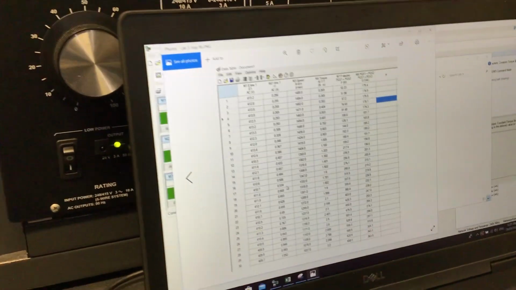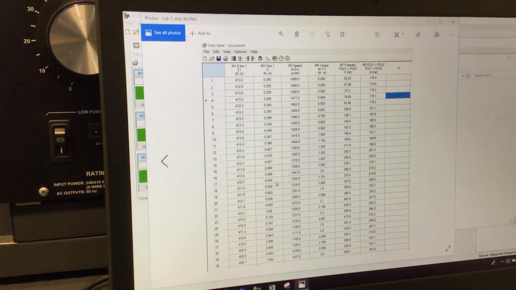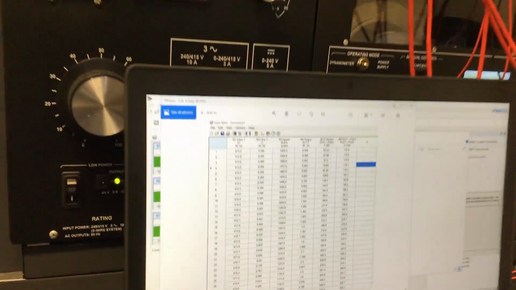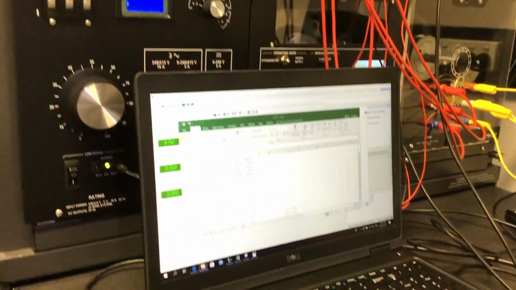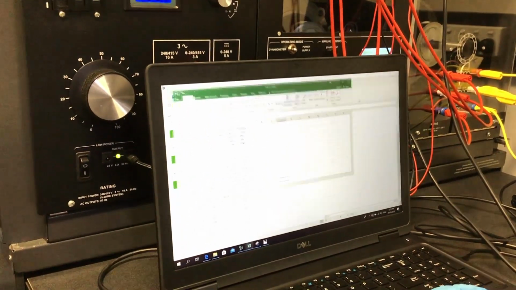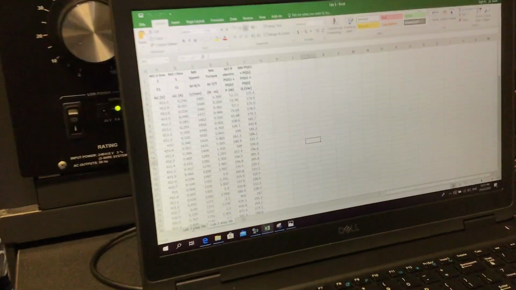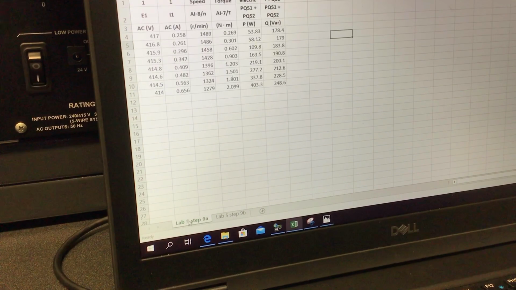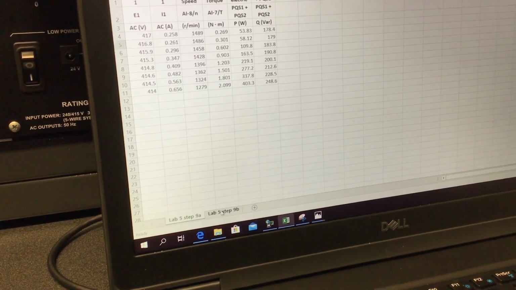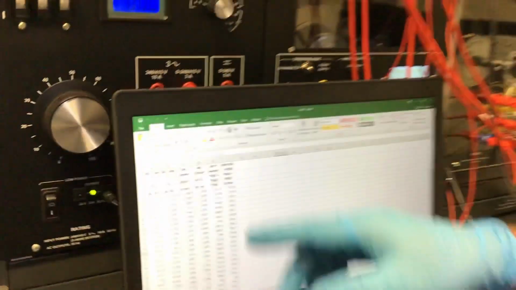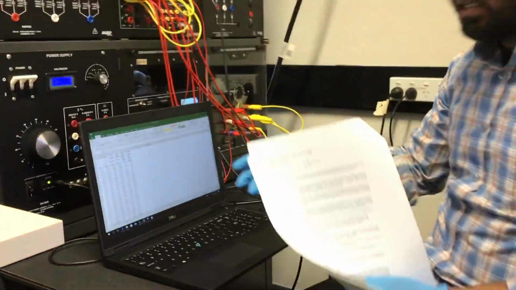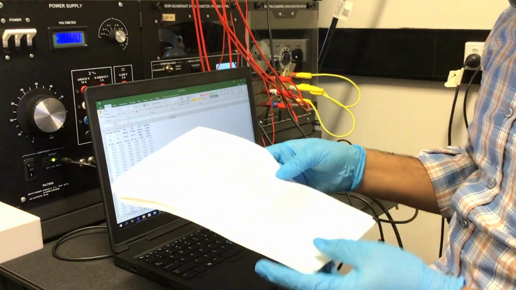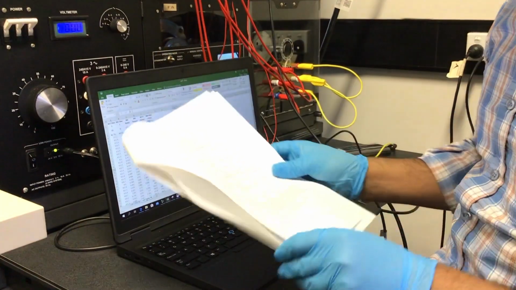This is 9B. I also stored this data in an Excel file. You can see that the first one is 9A. This is 9A. And the second one is 9B. So I will send this data table so you can plot and you can give answers for questions 10 to 15.